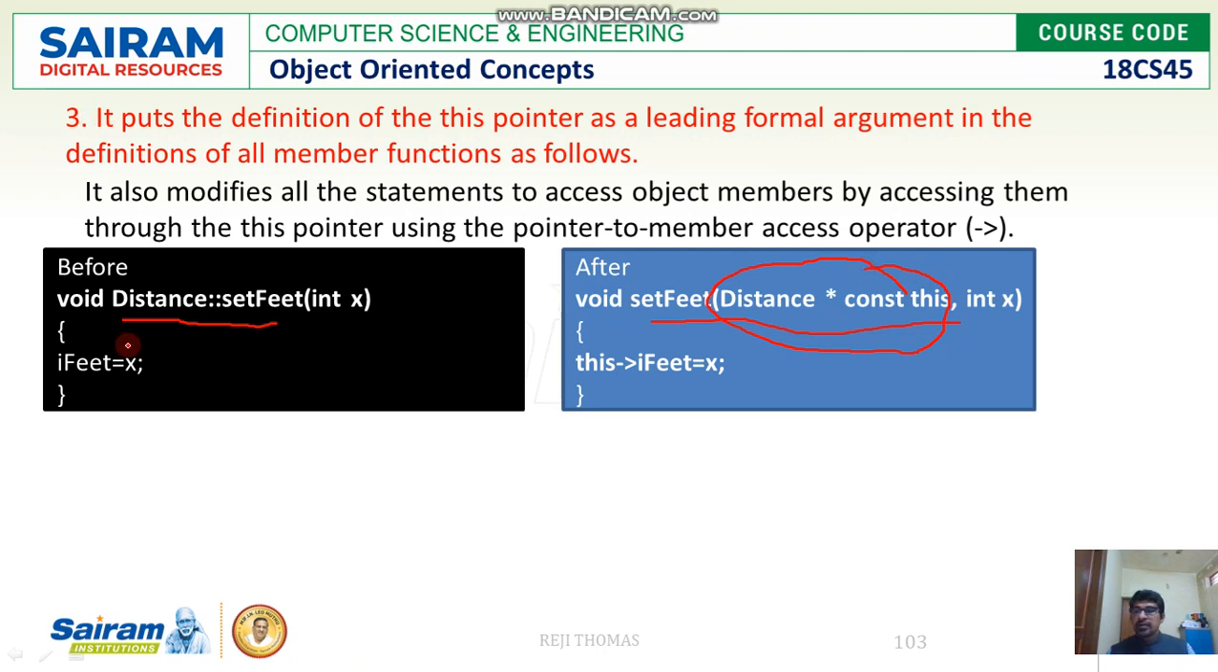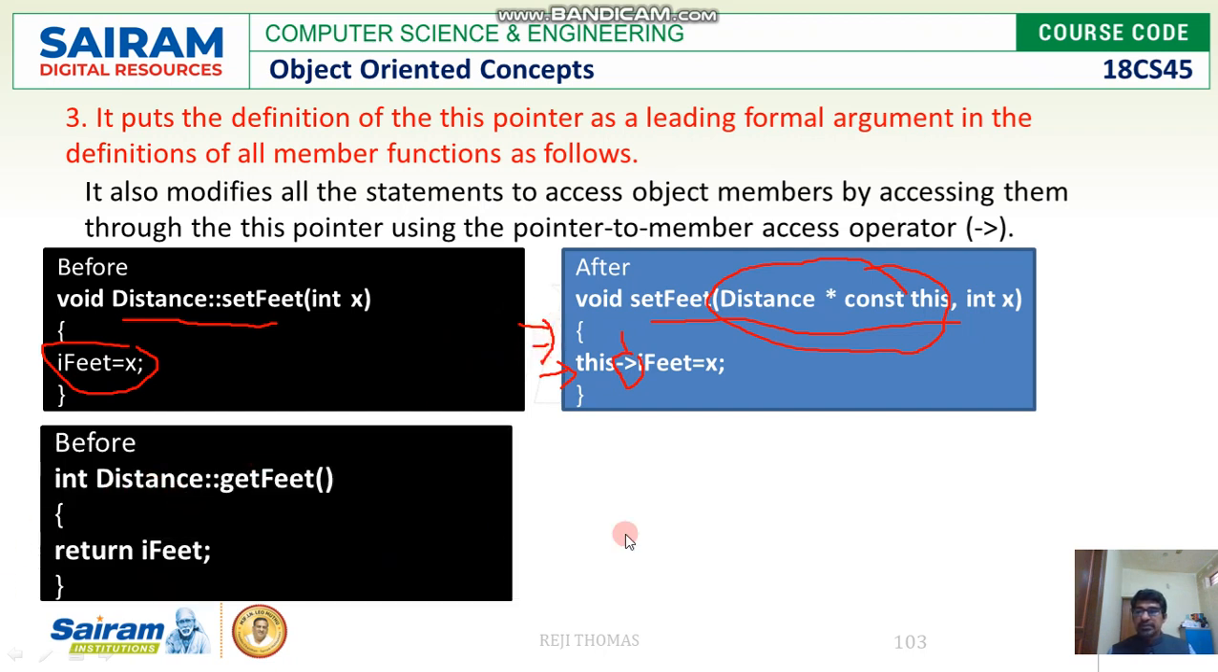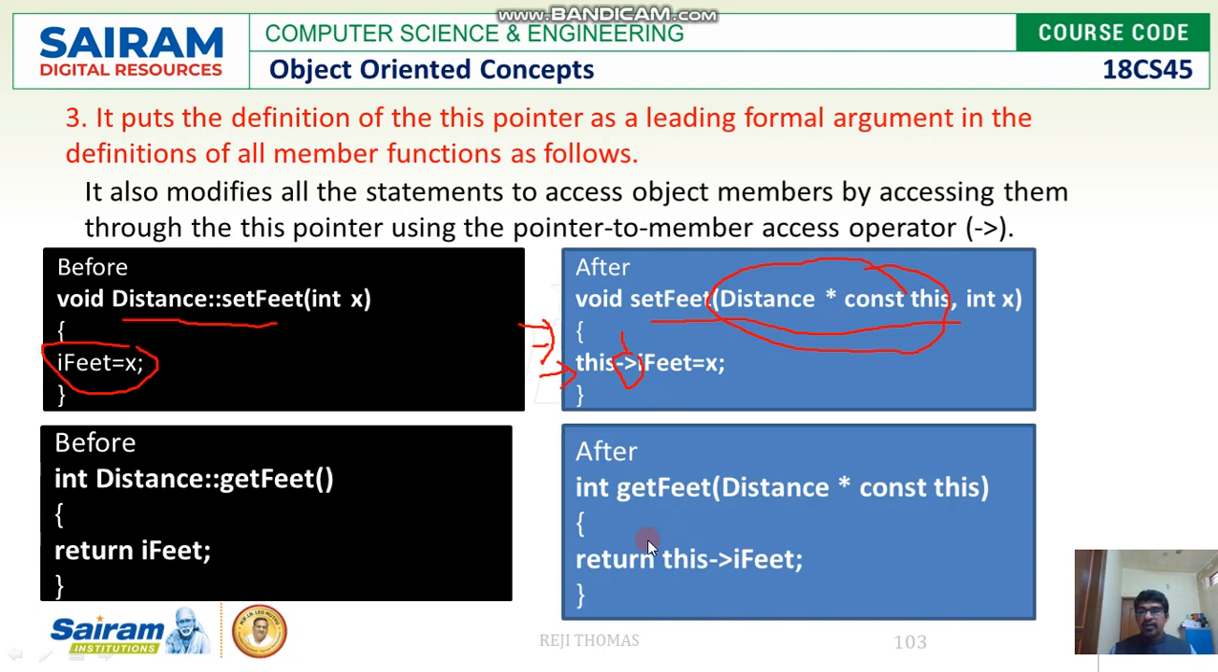and your member data will be converted into this format. We are going to use the pointer to member access operator. So please remember, this operator is known as the pointer to member access operator. So your function definition will get converted into this format. Before it will be like this, once you convert, it will get converted into this format where this pointer is going to be the leading formal argument,